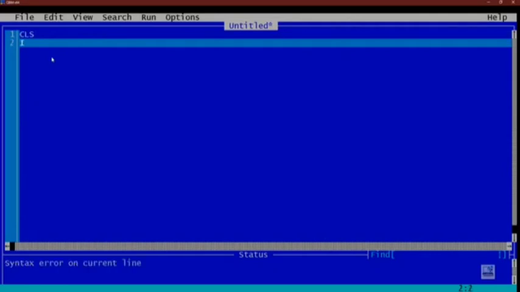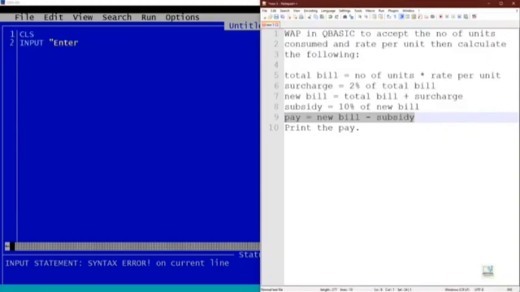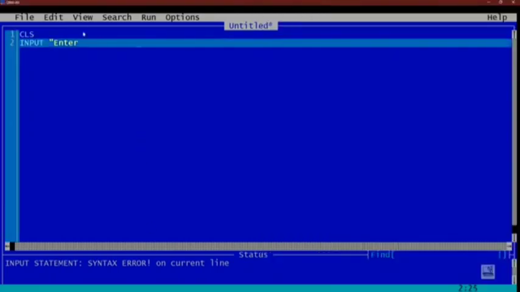CLS, input, enter. What to enter? We have to enter number of units and rate per unit. Okay. So write enter number of units and rate per unit.